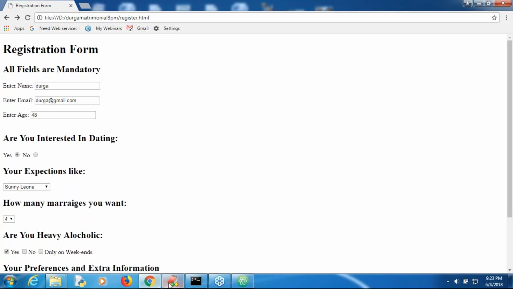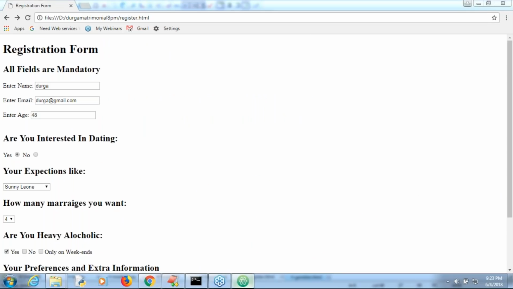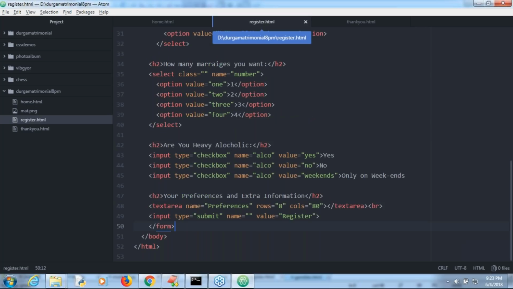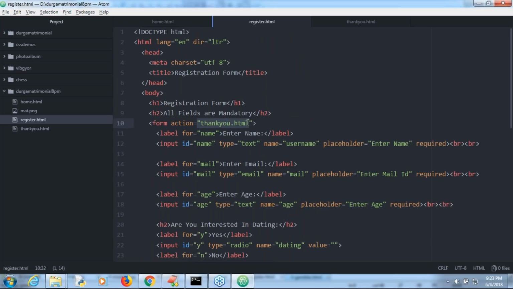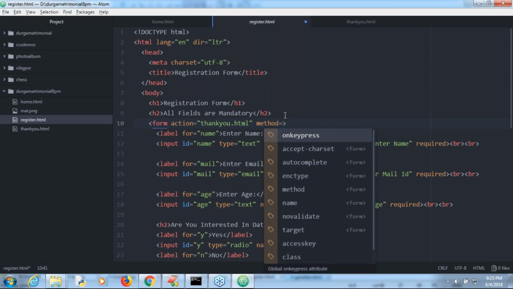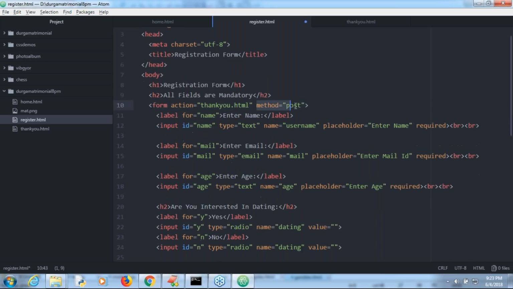Maybe you did a small mistake. Here, see this one. In register.html, form action is equal to thank you.html. Can you please go to that? Here, did I define the method attribute or not? Okay, sir. If you define the method attribute, there are two things available, post and get. If you specified get,